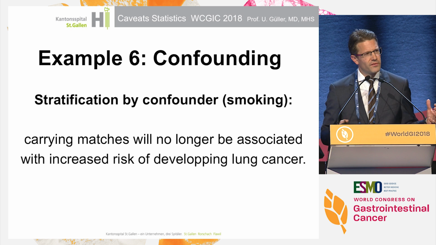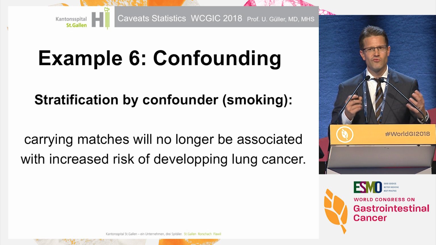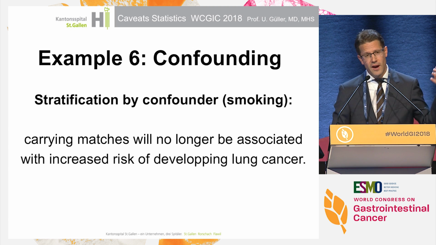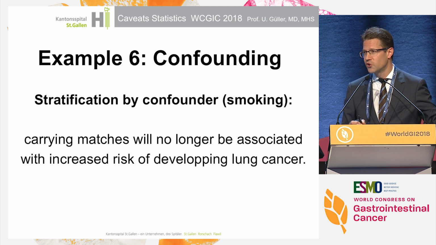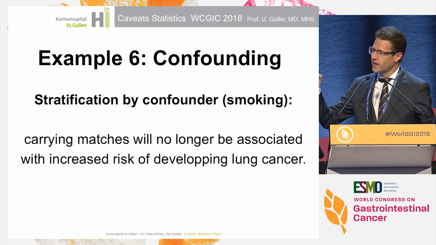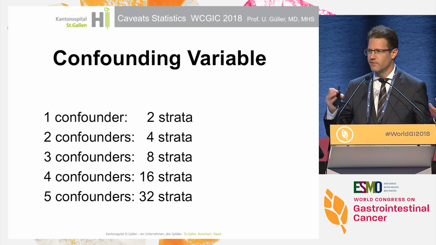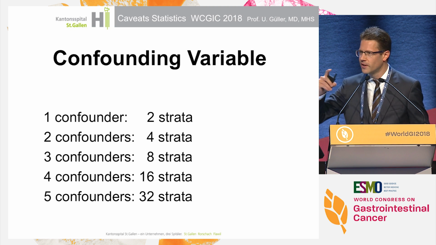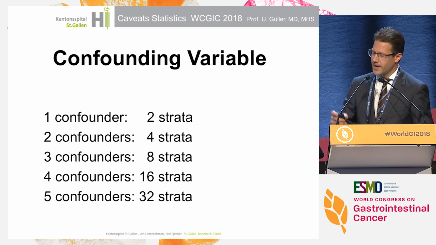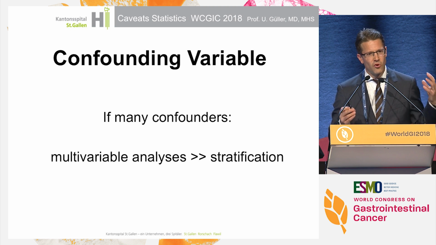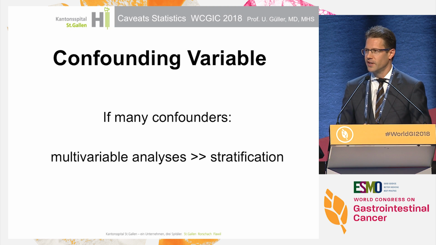Now, what can you do if you have confounding in your own study? You can stratify. If you stratify by the confounder, by smoking, carrying matches will no longer be associated with increased risk of getting lung cancer. However, if you have many confounders, stratification becomes cumbersome. If you have one confounder, you have 2 strata. With 2 confounders, you have 4 strata. With 3 confounders, you have 8 strata. And this increases exponentially. And hence, if you have many confounders, to perform a multivariable analysis is really the way